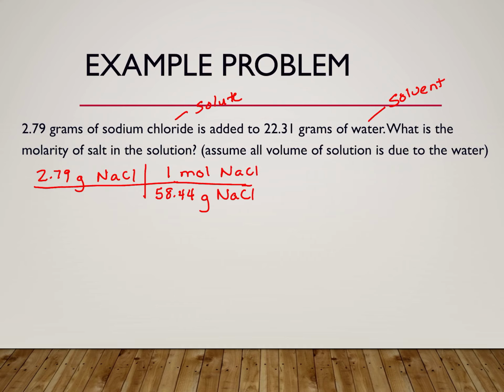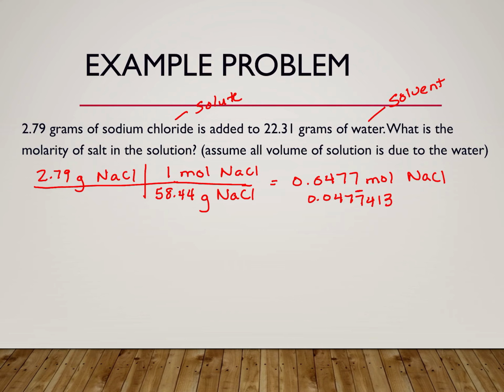And we can divide those up and we can get our number of moles, which is 0.0477 moles of sodium chloride. Oftentimes you'll want to drag through a couple more significant figures just so that your number at the end is correct. Since we don't need to round yet, since the whole problem is multiplication and division, you can write it out like this, or you can write it out like this,